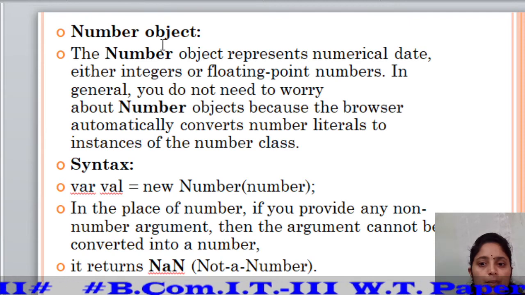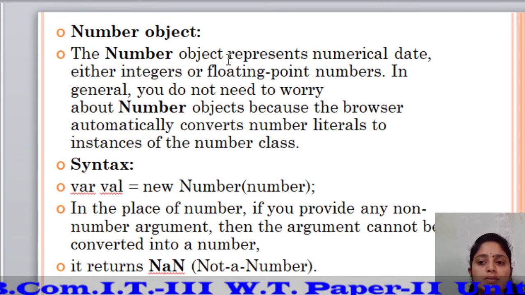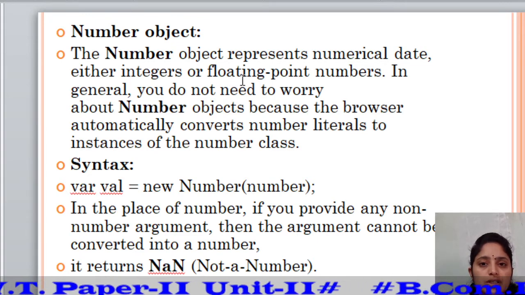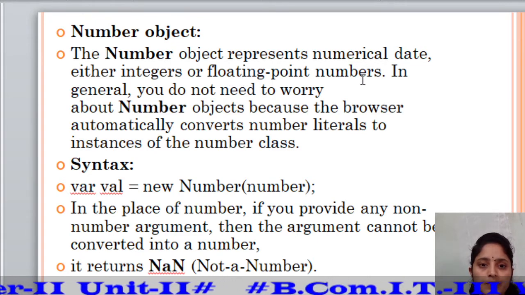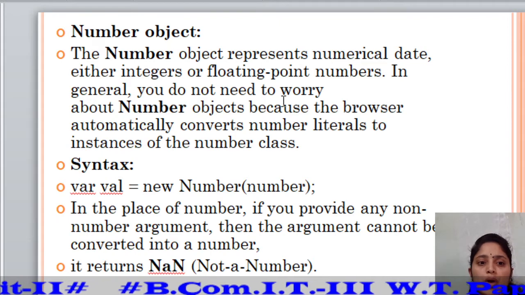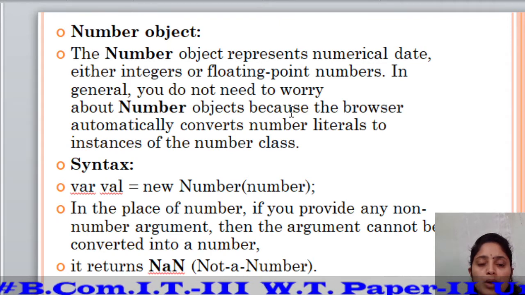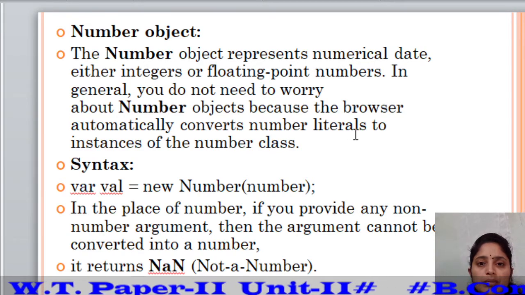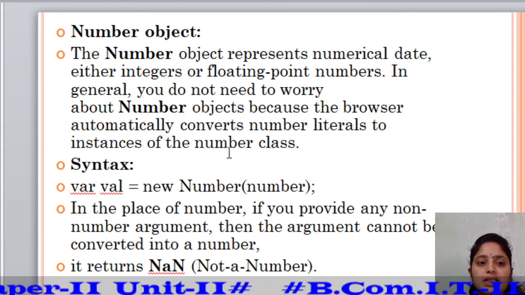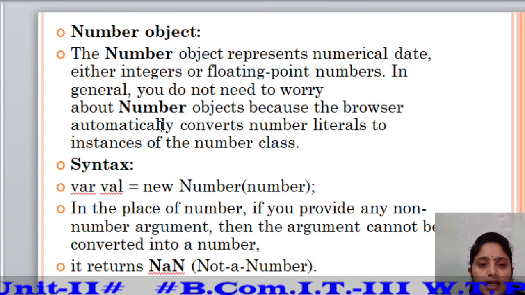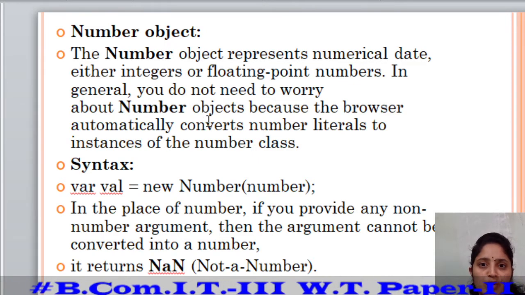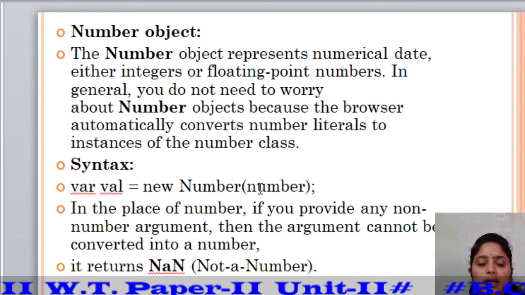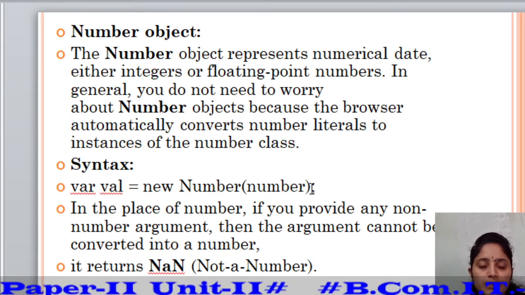The first is the number object. The number object represents numerical data, either integers or floating point numbers. In general, you do not need to worry about the number object because the browser automatically converts number literals to instances of the number class. Let's see the syntax for the number object. var val = new Number(number);